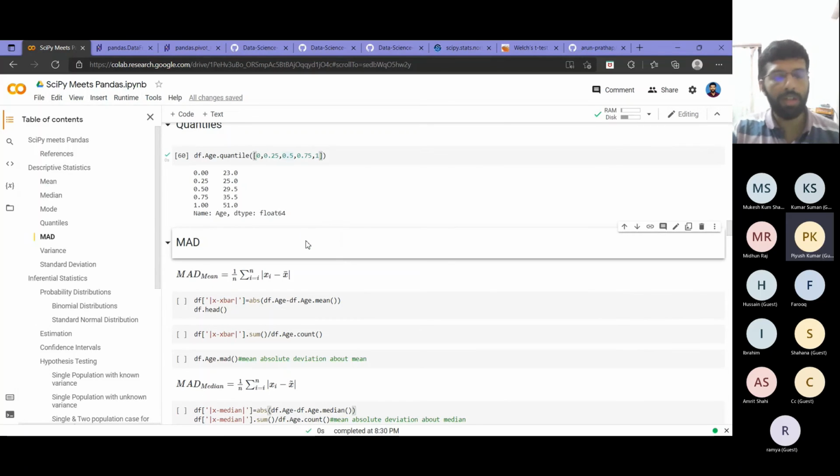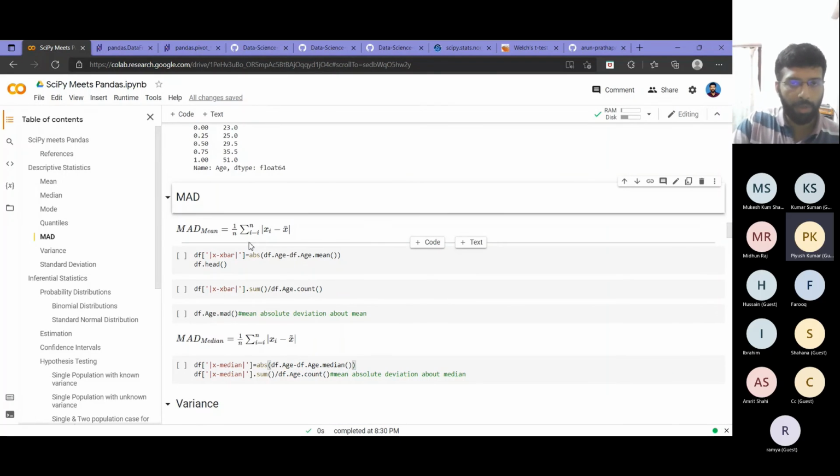The next thing that we learned was mean absolute deviation about the mean or median. So the equations I have put here. For mean absolute deviation, you have to find the difference between xi and the central value. The central value can be either the mean or the median in this case. Mean we will denote as x bar. Median we will denote as x tilde, with a tilde on top. So from that we compute the difference for each data point and add everything up, then divide that by the total number of samples. That way we will get the mean absolute deviation about the mean or about the median. So let's see how we can find that.